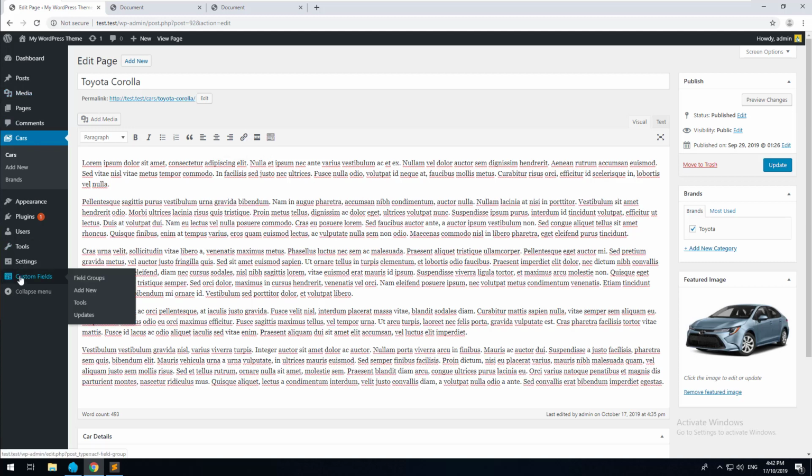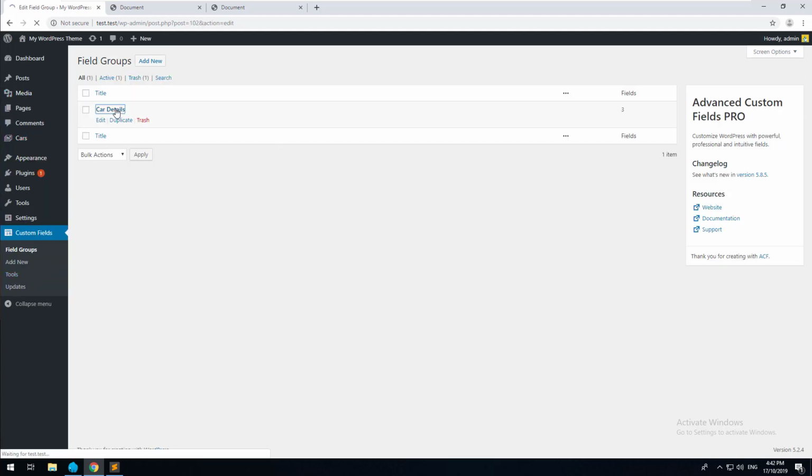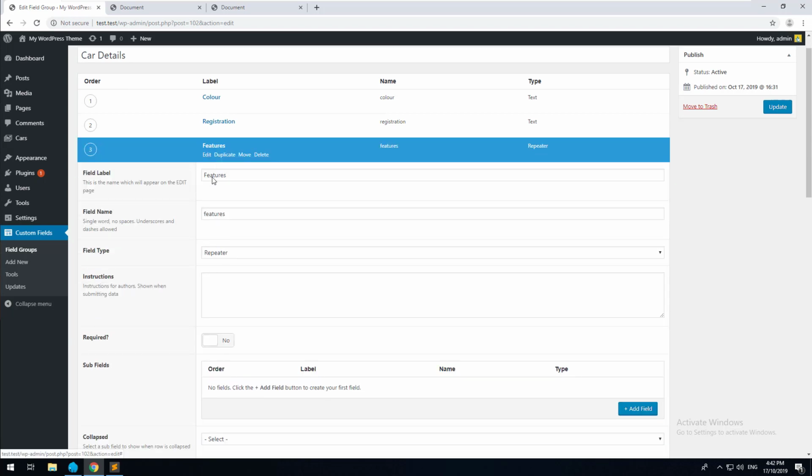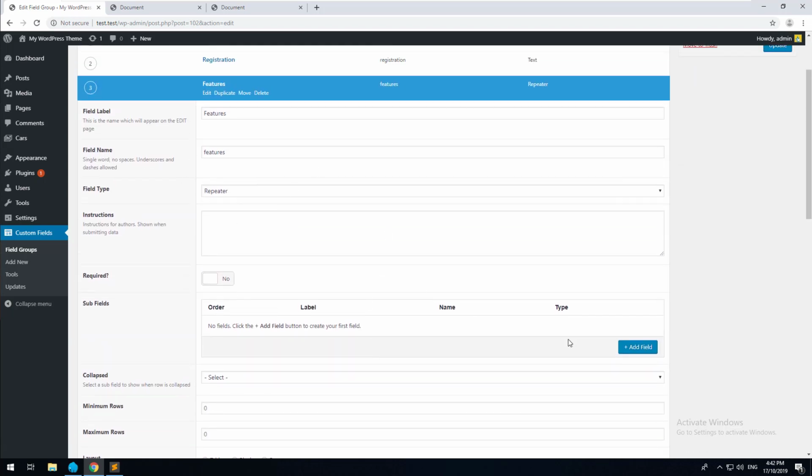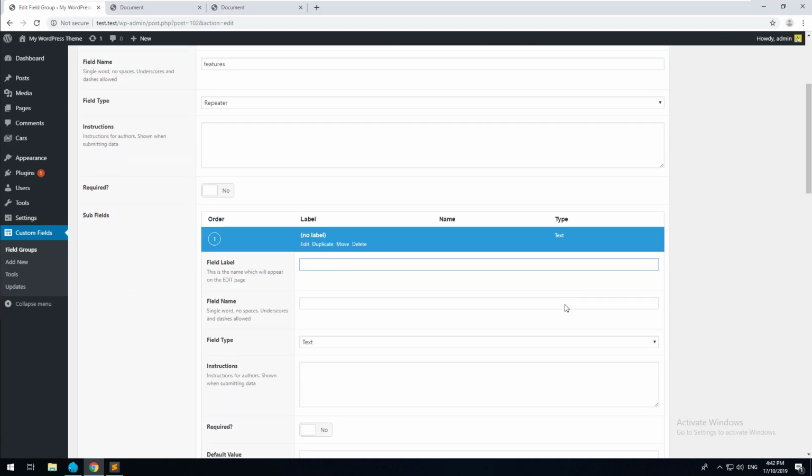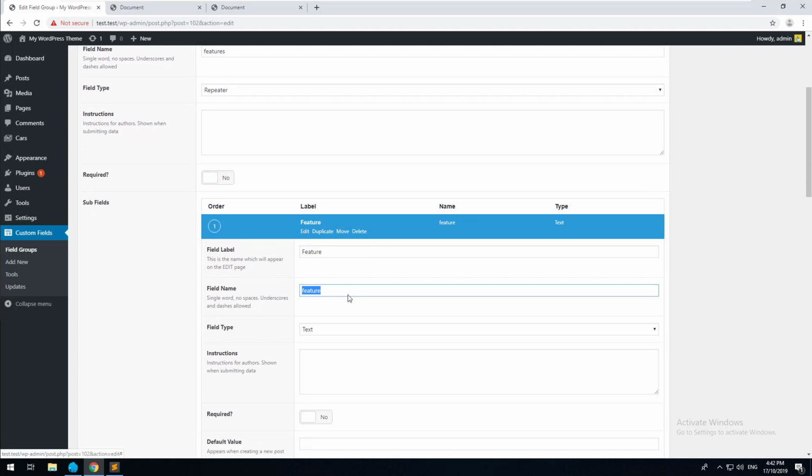Firstly, if you go into custom fields and then you go to car details and you go into the repeater function, the repeater function requires you to add in some settings. Okay, so basically fields within the repeater. So firstly, we'll just add a field called feature. Okay, and we'll also create another